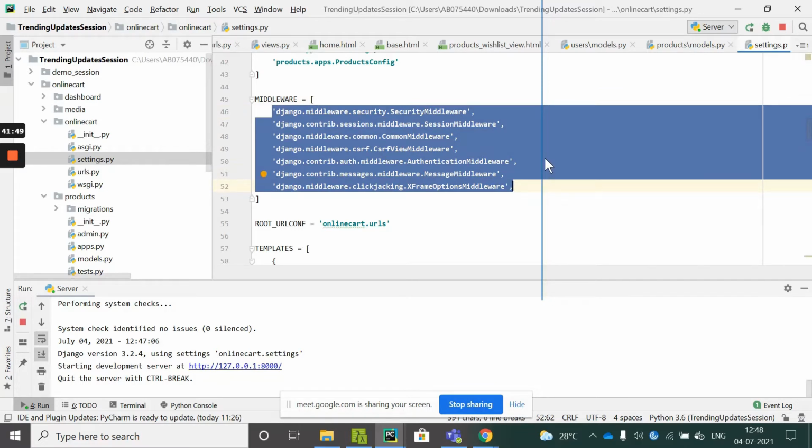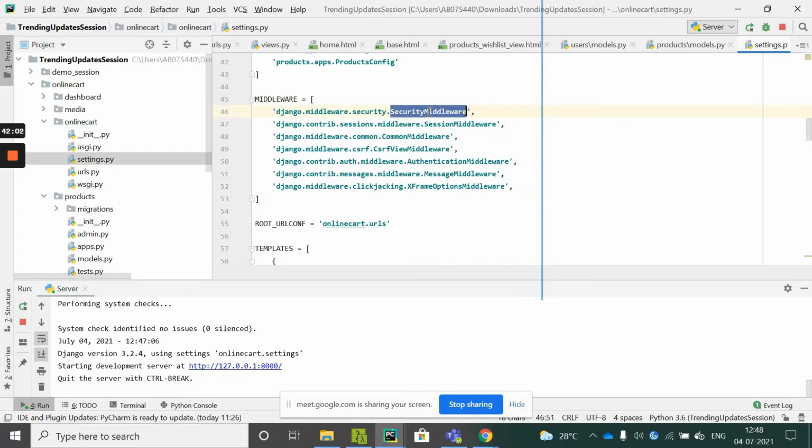Also, you can remove all these middlewares without any exception, but it is not recommended, because this middleware will provide you security. The security middleware will provide the security. Session middleware will handle all your sessions. Common middleware will append the slash whenever you search like this.